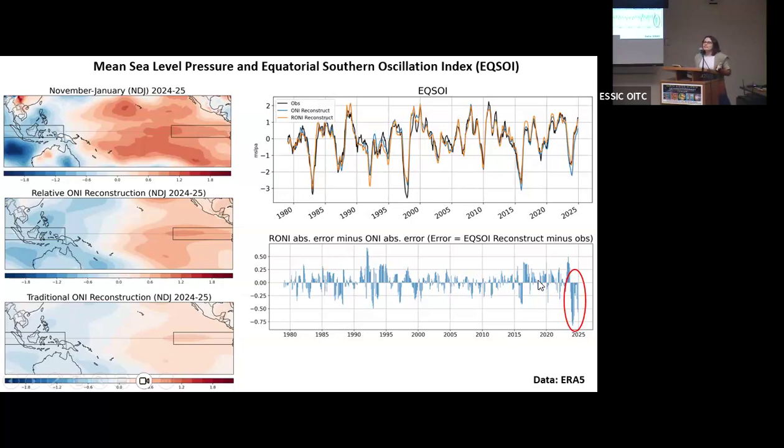This is encouraging. This says that we haven't really been messing up, because the Nino traditional values have been pretty good. Again, I still like the relative method more because we can use that single climatology. We're not having to do this weird rolling thing that we do with our traditional ONI. But this is a different problem and it's something that is becoming a little bit more noticeable right now.